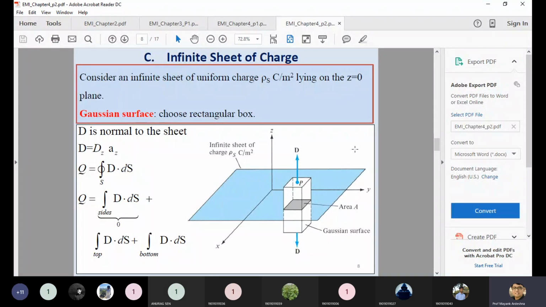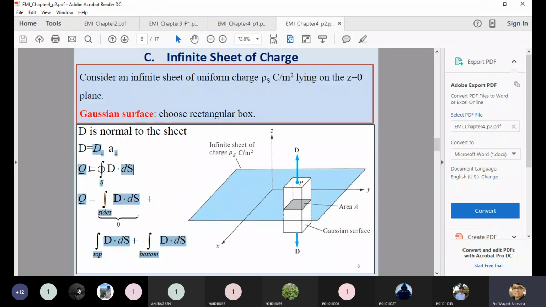So most of you are doing this one, but for that you should know what is the D. You should know what is the D over A. D is the electric flux density. Okay. If you are following this one, you have to justify the Gaussian. So why we selected this equation, psi is equal to the closed loop integral of D dot ds.